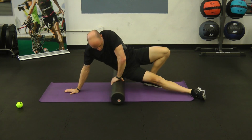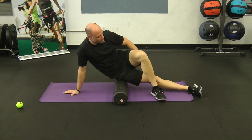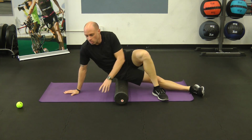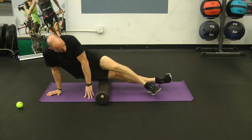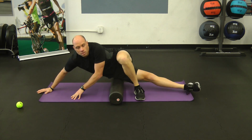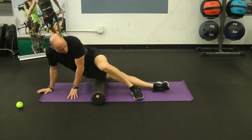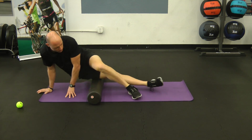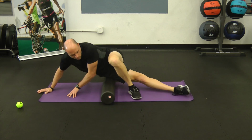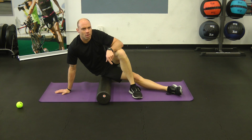Bottom leg straight, hip up on the roller, cross the other leg over the front. So whichever leg is straight, the other leg's going to come over the front for stability. You're going to roll from your hip all the way to your knee, using your arms to propel yourself all the way, keeping on that side. You're going to do 10 times, just like this. Try to keep that leg straight and relaxed. Move your feet as needed, 10 times. And once you got 10 on this side, you'll flip over, use this on the other side, and do 10